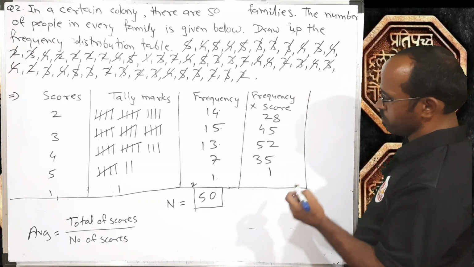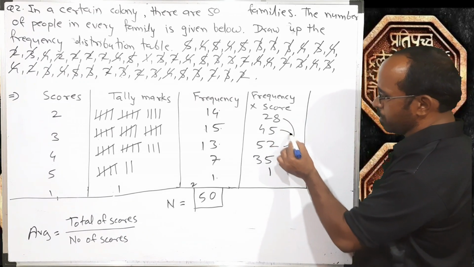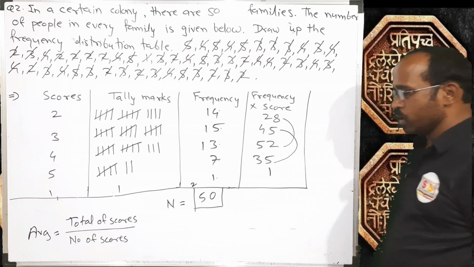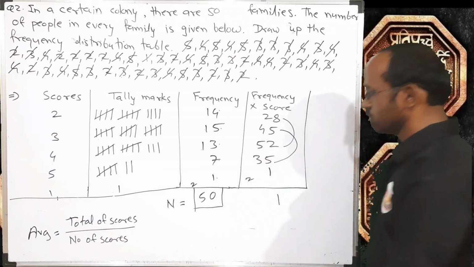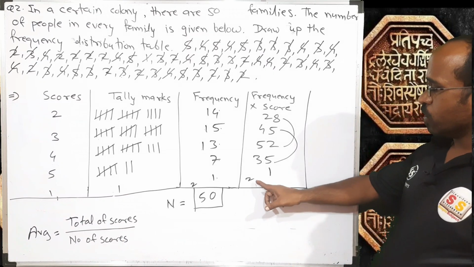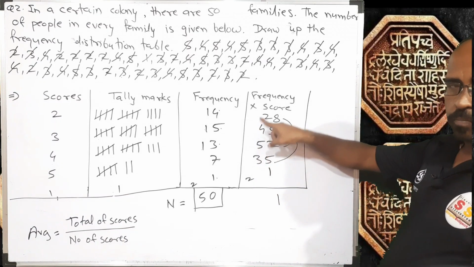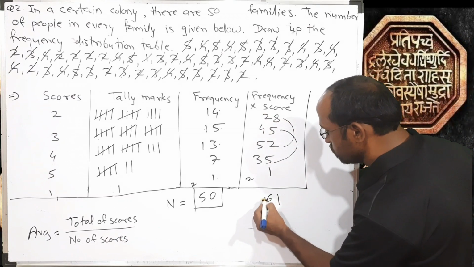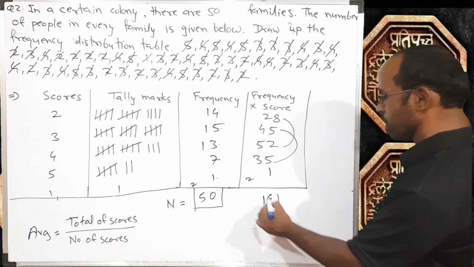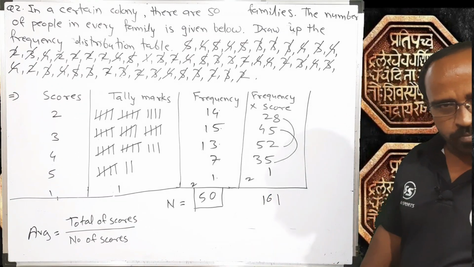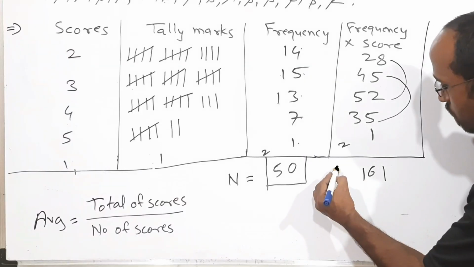Let's make use of it. 8 plus 2, 10. 5 plus 5, 10. 10 plus 10, 20. 20 plus 1, 21. So 1 will be here, 2 will be carried. 2 plus 3, 5 plus 5, 10. 10 plus 4, 14 plus 2, 16. So there are 161 people in the colony, which is nothing but the total of scores, denoted as